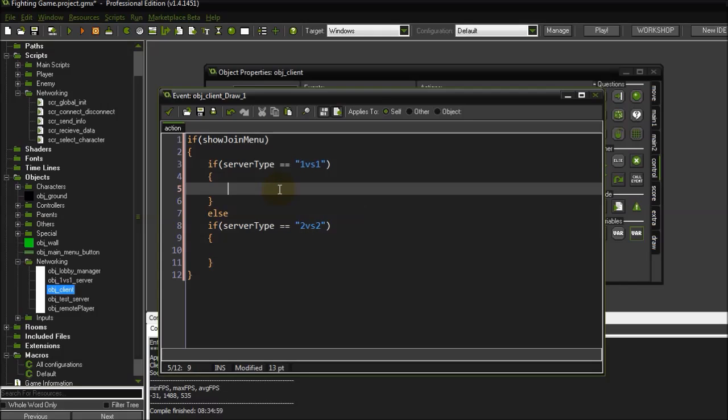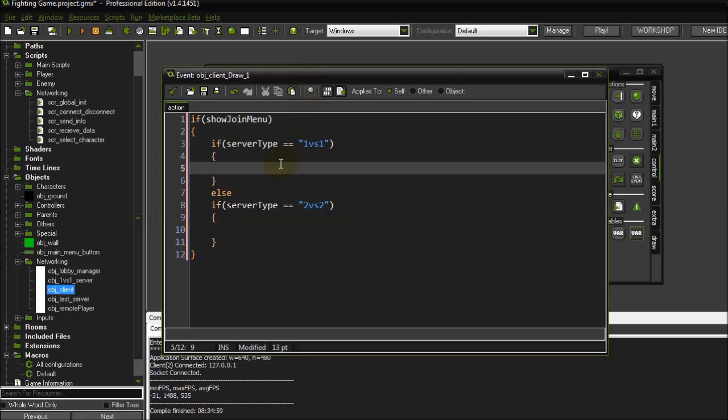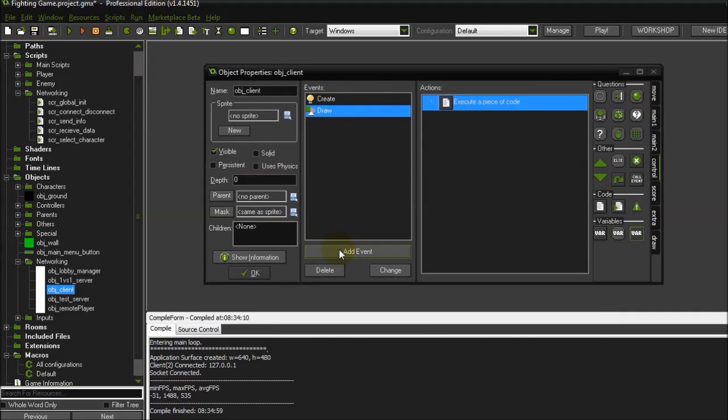And here, what can we have as an option for, I don't know. Okay, so best for now, let's just draw text, press G to spawn your player. Okay, now let's go to